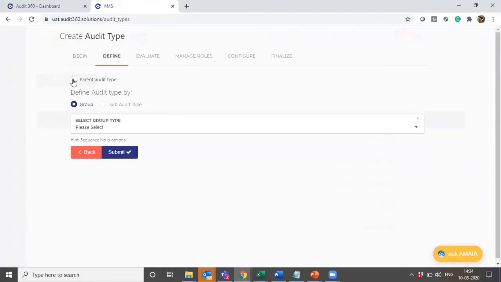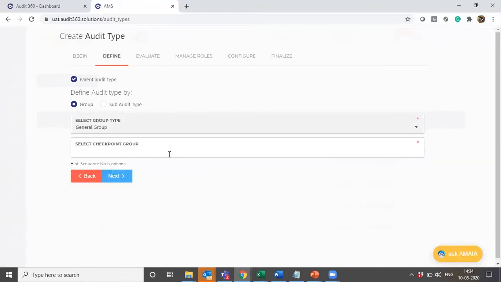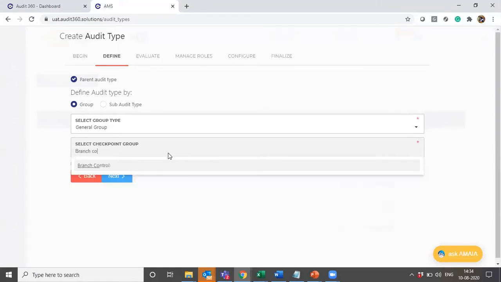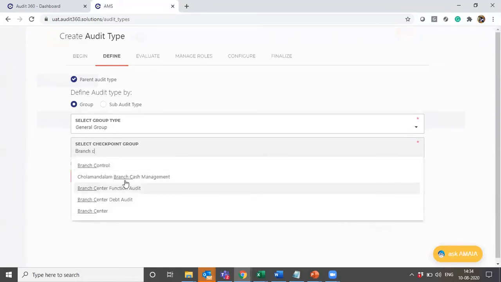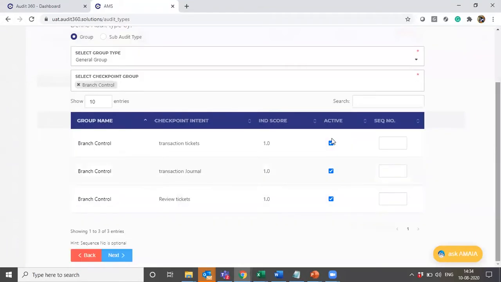So in this screen, where you are creating a parent audit, group selection is done. All the checkpoints under any checkpoint group will be listed here, and there is a new column given as sequence number.